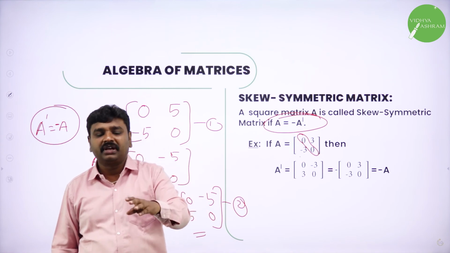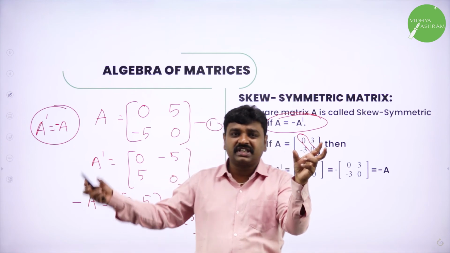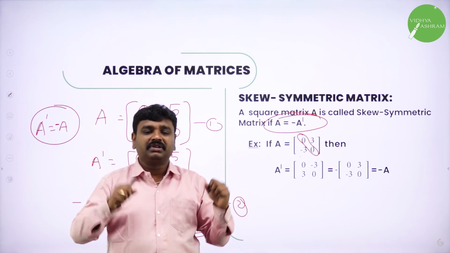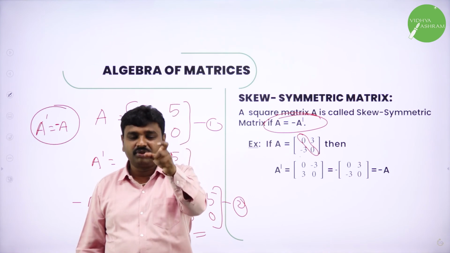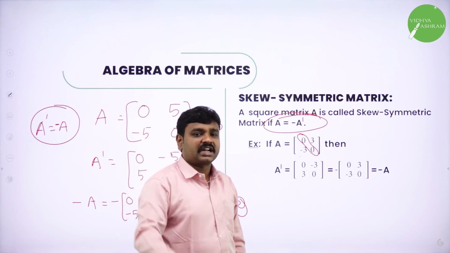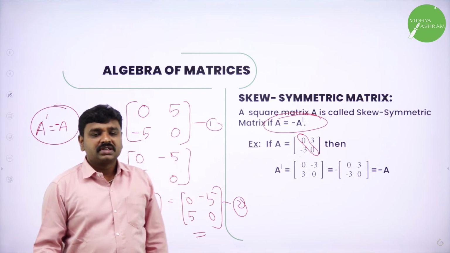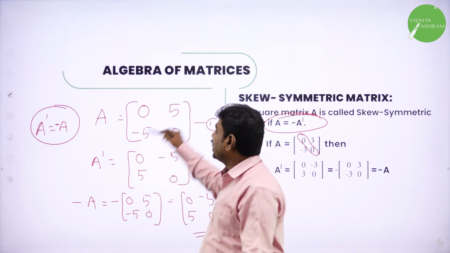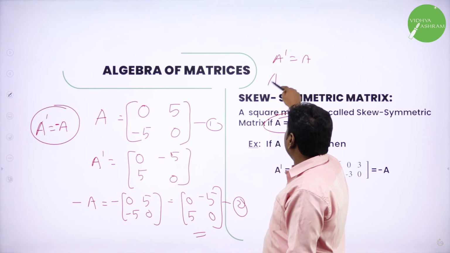Then I taught you how to multiply. You can multiply two matrices if and only if the number of columns of the first matrix is equal to the number of rows of the second matrix. After you multiply, you will get the order as the remaining numbers. First row with first column gives you one element, first row with second column gives you the second element, like that. Then I taught you what is the transpose of a matrix. Transpose of a matrix is obtained by interchanging rows and columns of the given matrix. Then I taught you symmetric and skew symmetric. A square matrix is said to be symmetric if A dash is equal to A, and skew symmetric if A dash is equal to minus A.